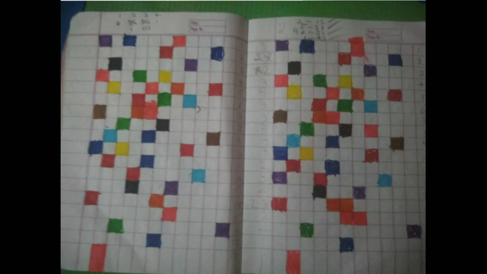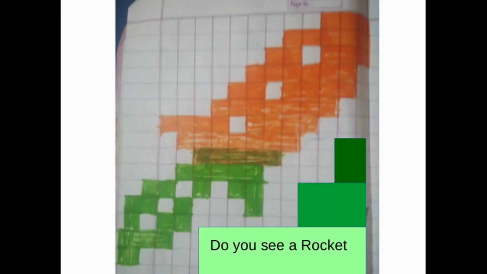Now let's come back to the same picture. Do you see a rocket? Now imagine you want your daughter or your son to replicate this same image on some other page, but without watching at this thing. And let's create an algorithm to give to her. And this is a very standard CS Unplugged activity that I have taken. And this is wonderful. Like you must try it with your kids.